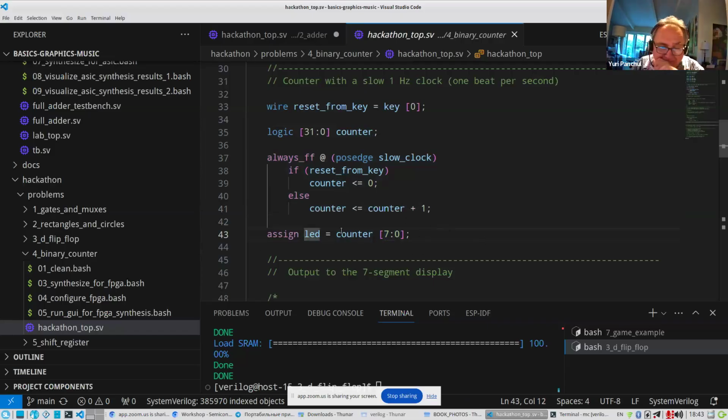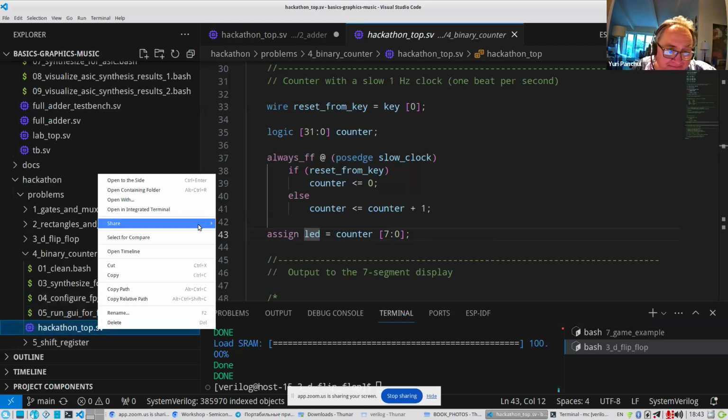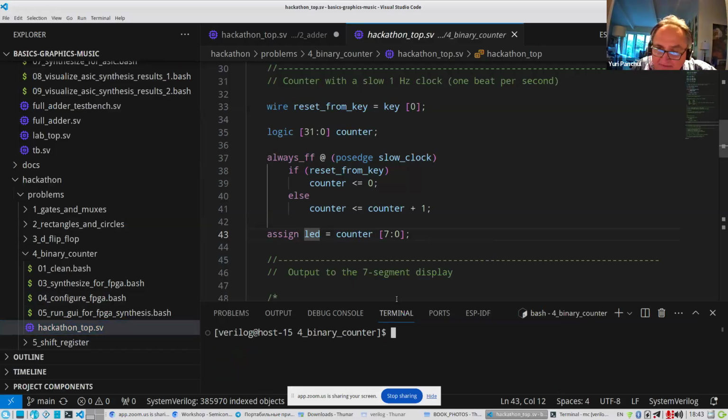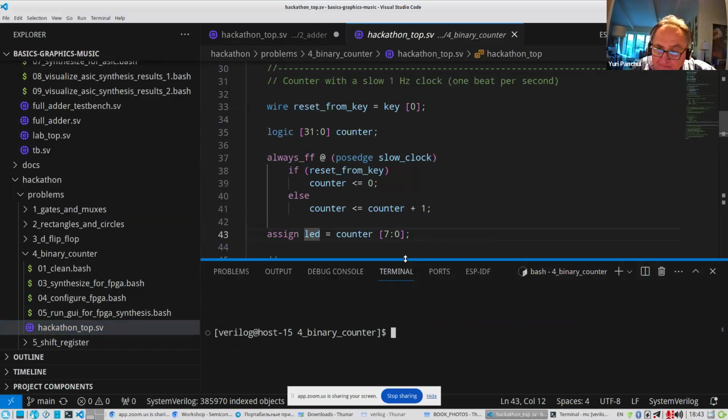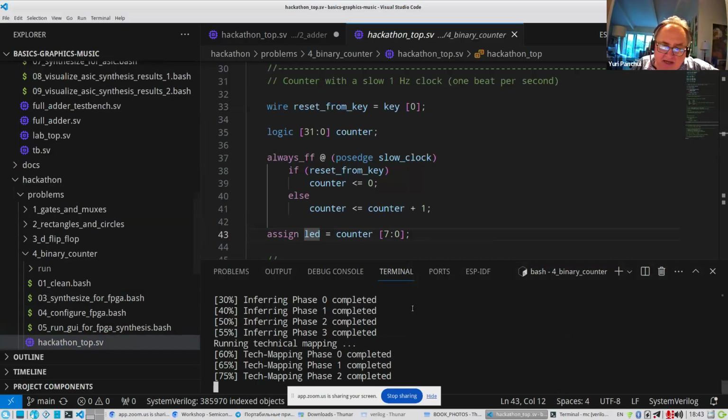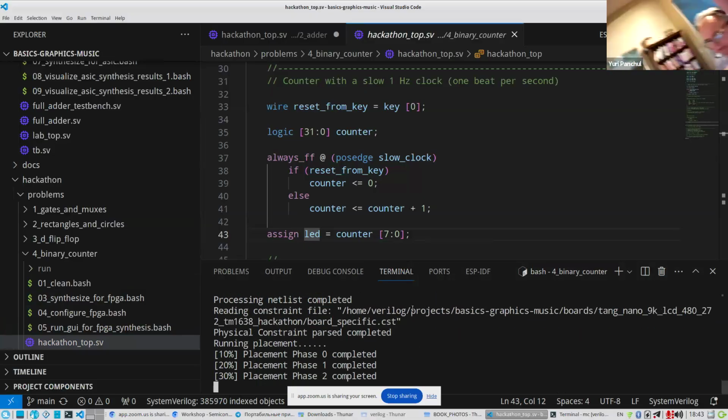So now if we synthesize this design, let's open it in the integrated terminal. Let's synthesize in this terminal, and then let's see what it does on the board.